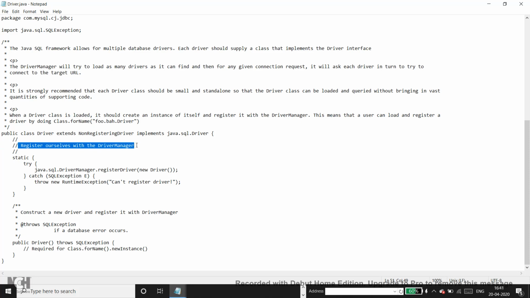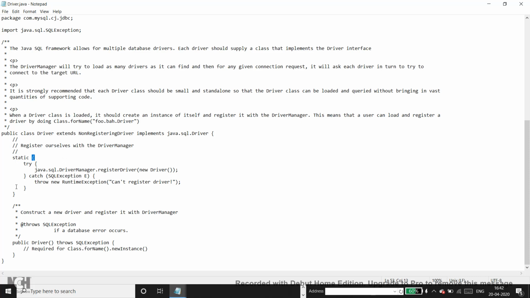Right now, this particular code is being executed only after the forName method of the class has dynamically loaded the driver class. And once the driver class is loaded, the first thing that will happen is the execution of this static block.